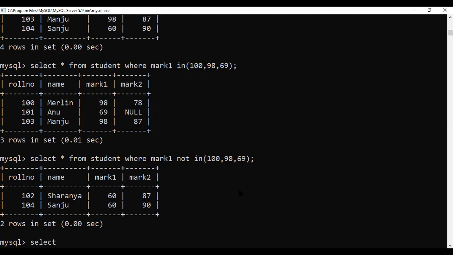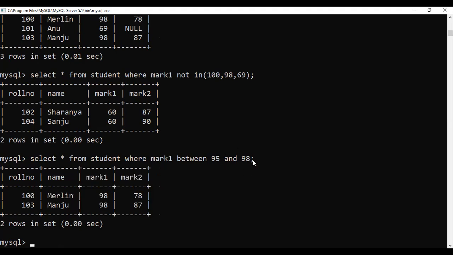So: select star from student where mark 1 between 95 and 98. For selecting values from a range of values, you will get this.